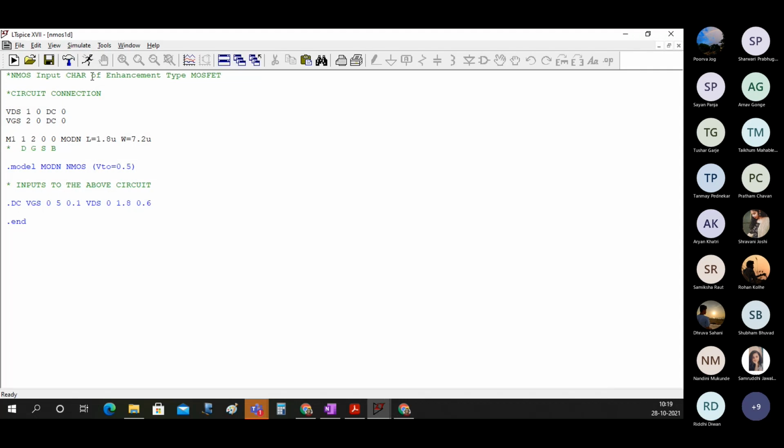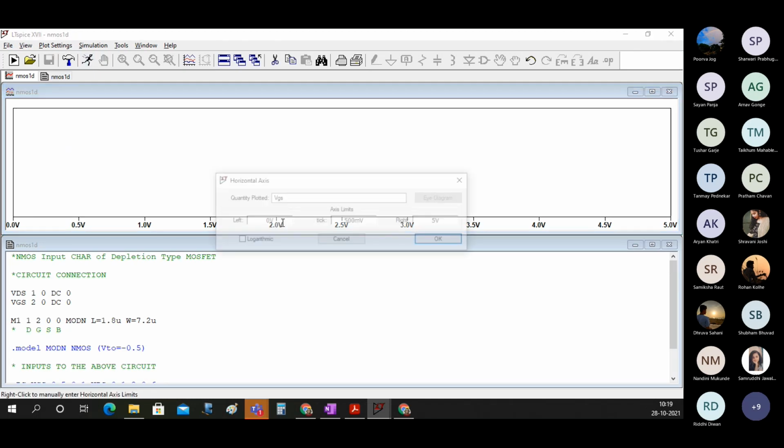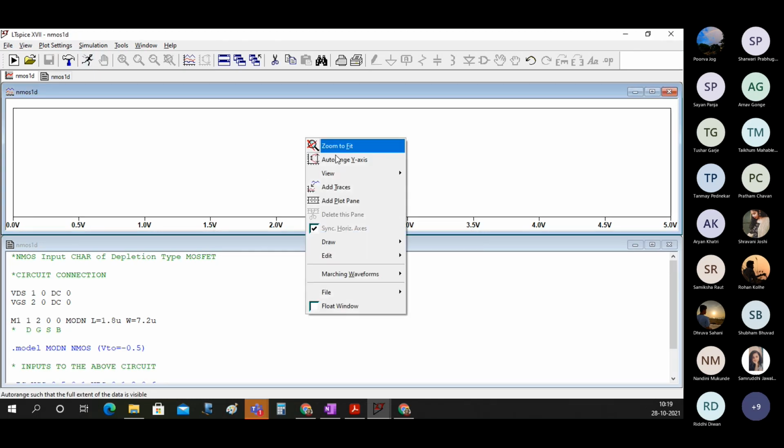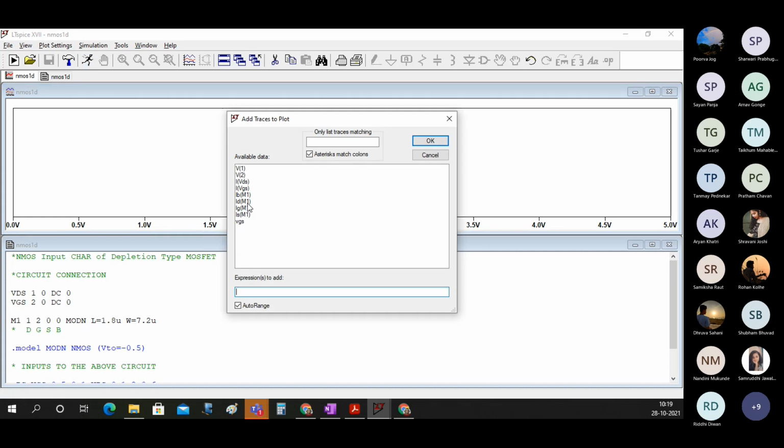So here, NMOS input characteristics of instead of enhancement type, we will write depletion type. And the threshold voltage is negative and we'll run this. So we'll add trace ID.